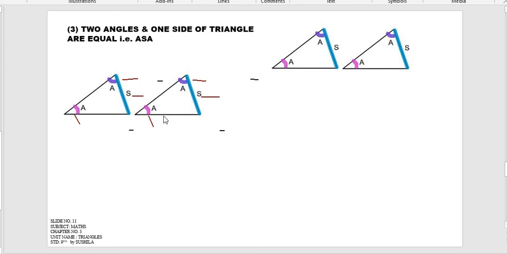If you want to prove the congruency of the triangle, one side should be equal. If you put it in other conditions, suppose it is not ASA, then AAS is there, and you have to check it in a similar manner only. Much explanation is given on the net, you can go through it.